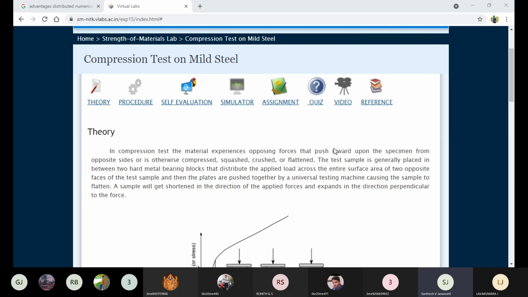So on Monday we plan to complete 2 experiments. So another 2 to 3 classes. Whichever we have listed virtually, we can finish. Monday, Tuesday. However, Tuesday and Wednesday mathematics class is there. Monday and coming Thursday and Friday we will finish this virtual lab. Today we are planning to conduct the compression test. So welcome you all to the online classes, online virtual laboratory.